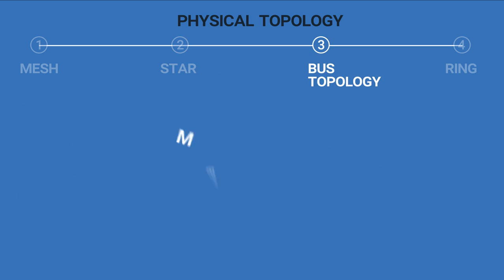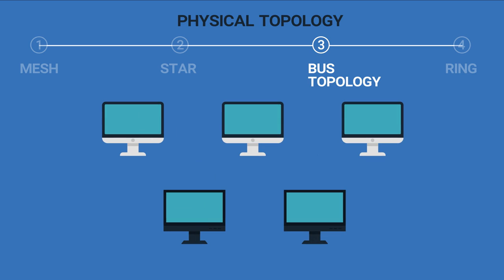Bus topology. The mesh and star topologies use point-to-point connections. A bus topology, on the other hand, is multi-point. One long cable is used to link all the devices in a network. Each device is connected to a tap attached to the long cable. As a signal travels along the cable, some of its energy is transformed into heat. Therefore, the signal becomes weaker and weaker as it travels farther and farther. That is why there is a limit on the number of taps a bus can support and on the distance